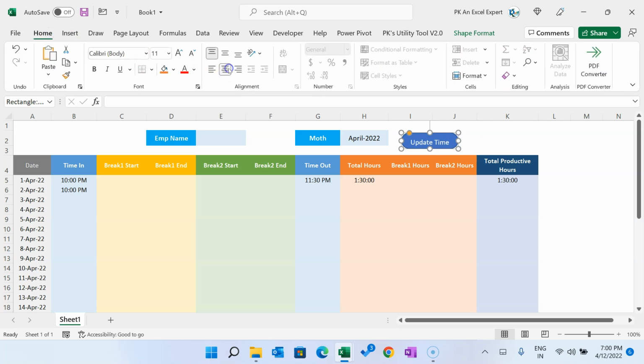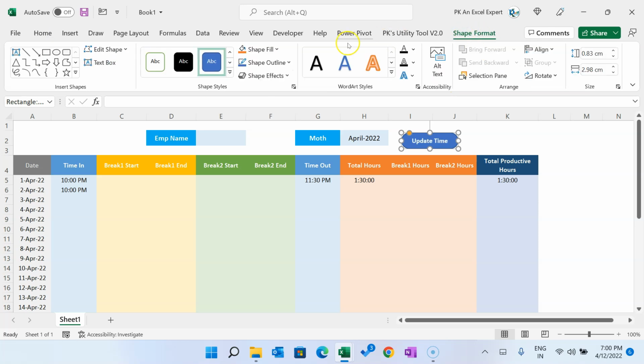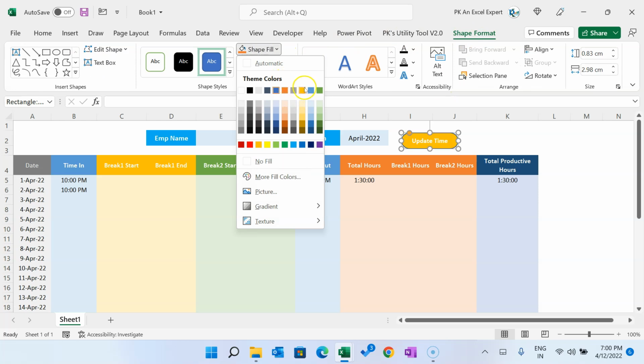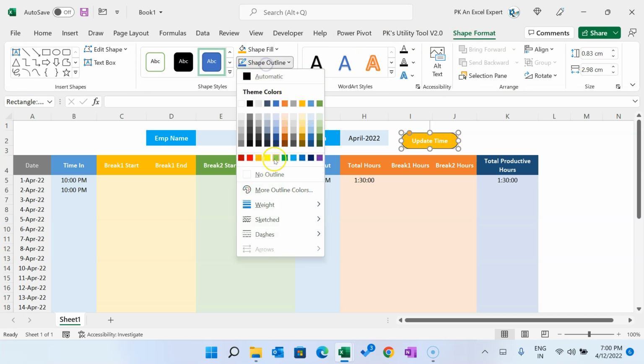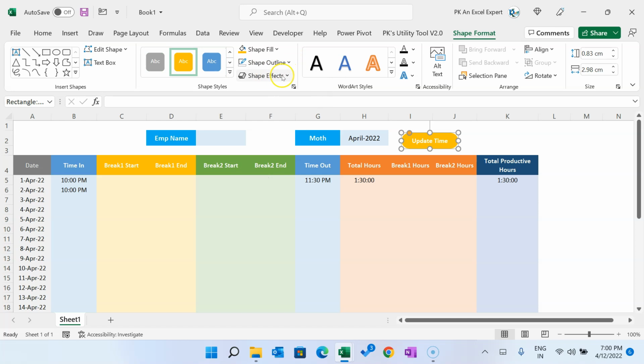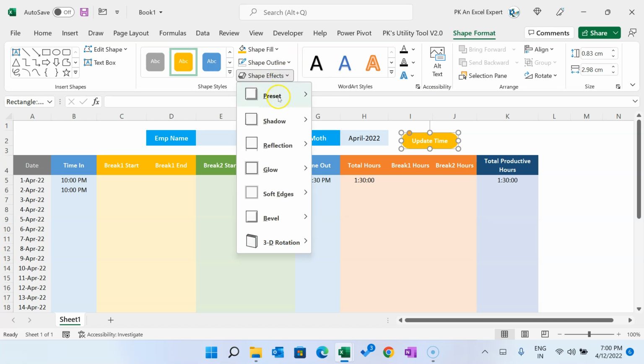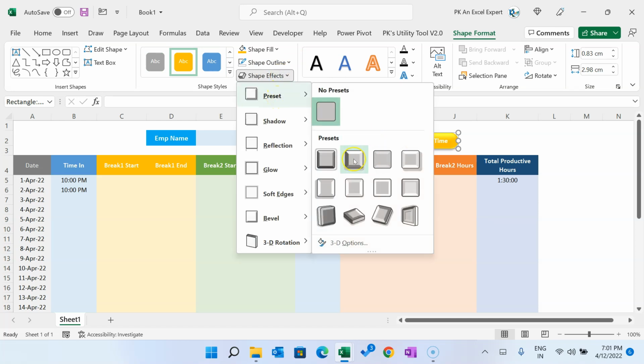Go to the home, align this center, make it a smaller font size, make them bold. Now go to the shape format and here we will fill yellow color, this one. Outline, I'll say no outline. Then I'll go to the shape effect and I'll go to the preset and I'll select the second one, which